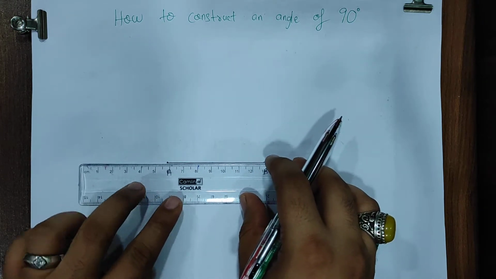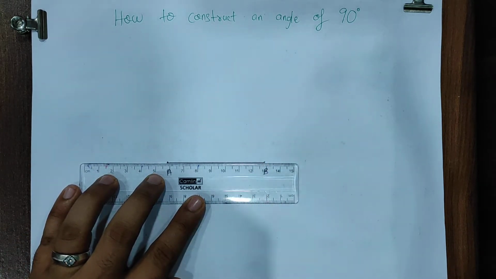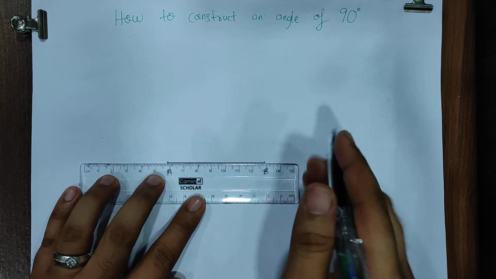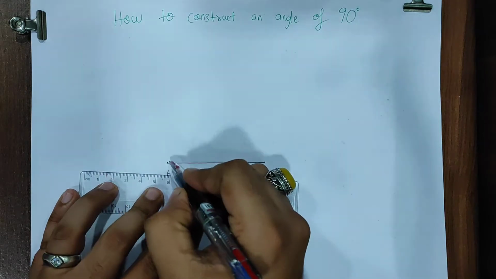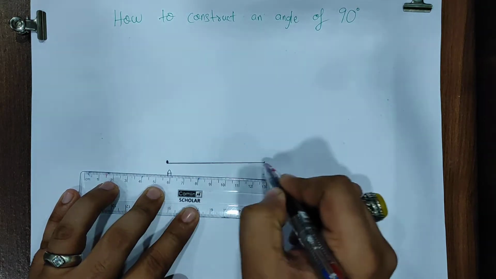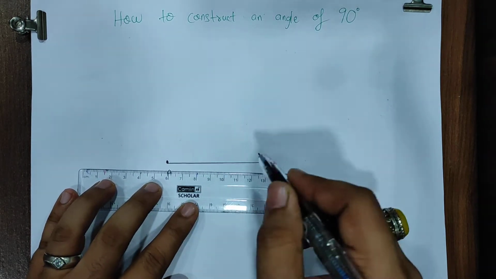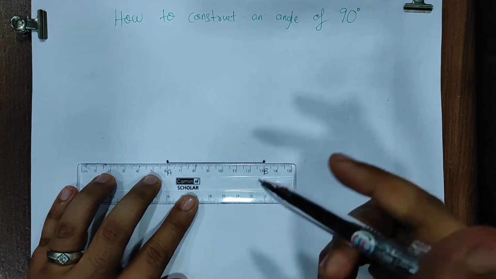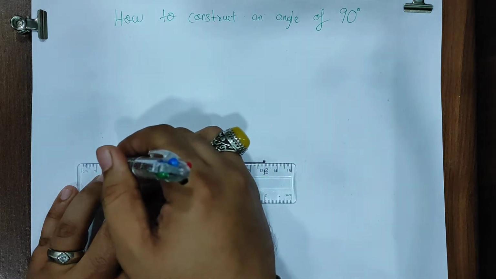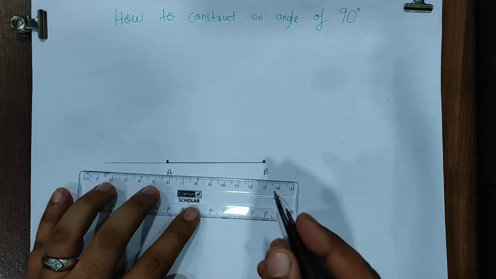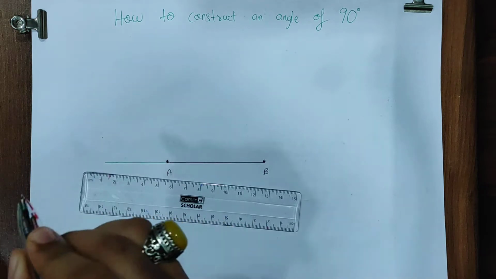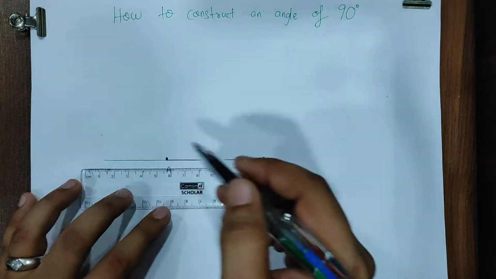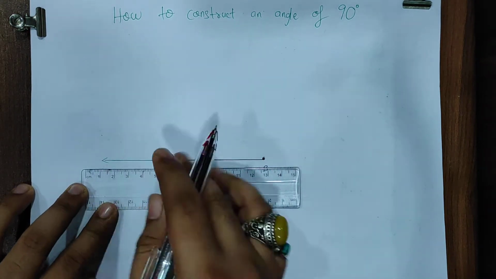Now what will I do? With the pencil, of course, you all will do with the pencil. To get it highlighted properly, I'm doing it with the pen. You will extend this line. First I'll darken this point so that this is my point A and this is my point B. First, I'll extend this line with the other color. You can draw with a light pencil or you can draw dotted marks. It's up to you. The advisable way is to draw with a light pencil. I have just extended it further.